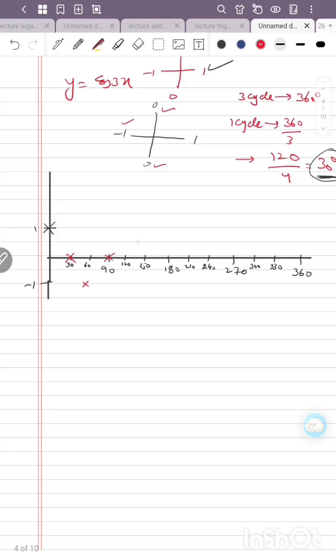फिर नेक्स्ट वैल्यू हमने ड्रॉ की तो वो कितनी आ गई, 0, 90 पे। फिर नेक्स्ट वैल्यू हमने ड्रॉ कर दी 120 पे क्या आ गया आपके पास, 1। फिर 150 पे वैल्यू आपके पास 0 आ गई। फिर 180 पे -1 आ गई। फिर 210 पे वैल्यू 0 आ गई। फिर 240 पे अगेन वैल्यू 1 आ गई। फिर इसी तरीके से 270 पे वैल्यू 0 आ गई। इसी तरीके से 300 पे वैल्यू -1। और 330 पे अगेन वैल्यू 0। और 360 पे अगेन वैल्यू 0 आ गई। तो हमने इसका ग्राफ ड्रा कर देना है।